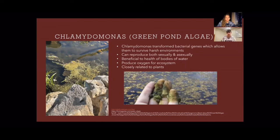This green algae was found at the Arboretum, and algae are very closely related to bacteria. They actually transformed and took up bacterial genes a long time ago, which allows them to survive really harsh environments. And scientists actually predict that they will be able to withstand climate change, no matter how good or bad it